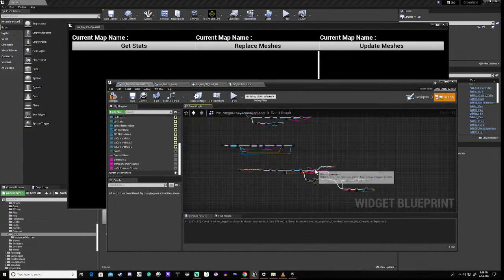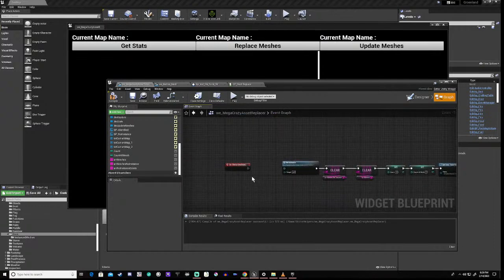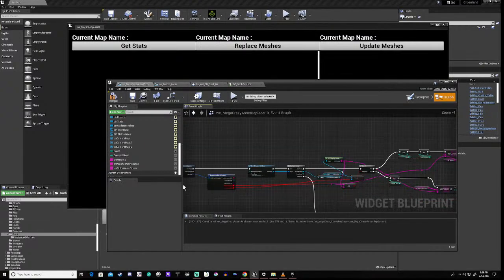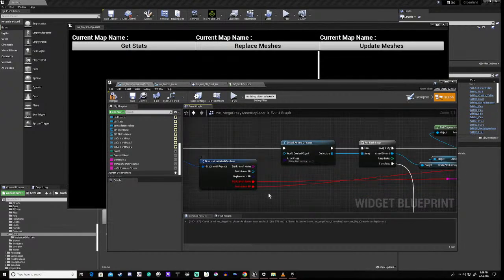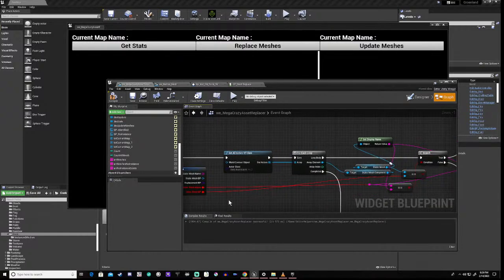Okay, so this goes in here, and we might actually need to rename a couple of the custom events here, because I don't think it actually gave them the right name, but we'll sort this out in the meantime. Static mesh name, so that's going to there.